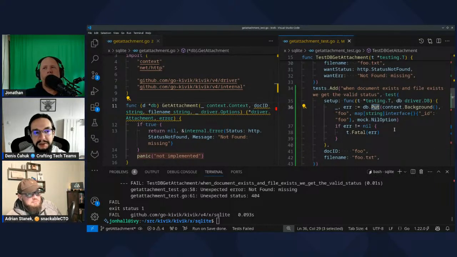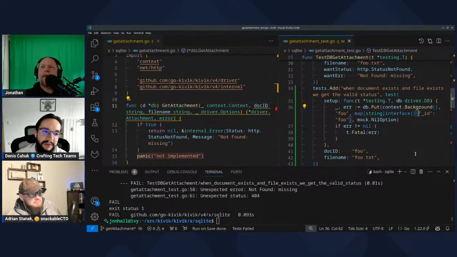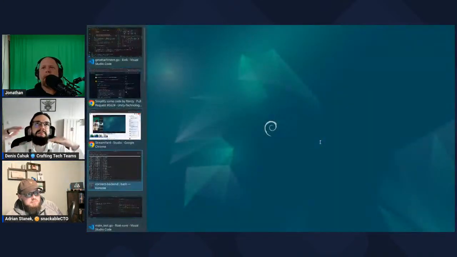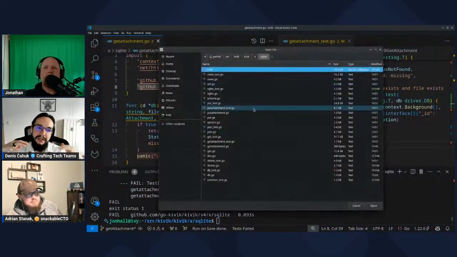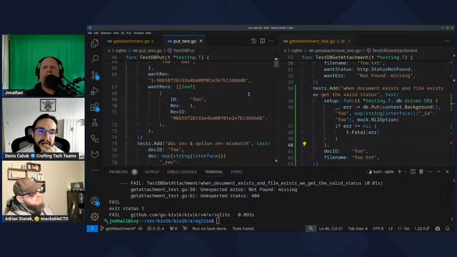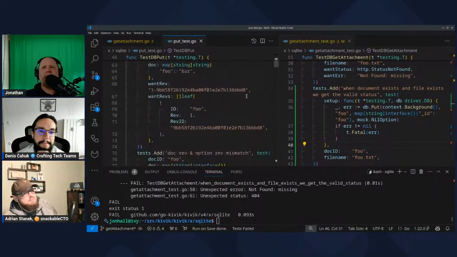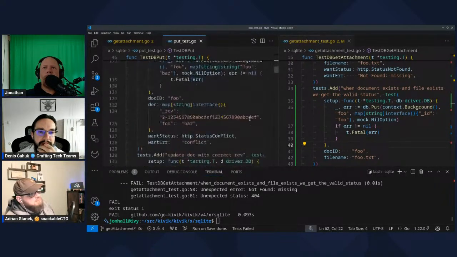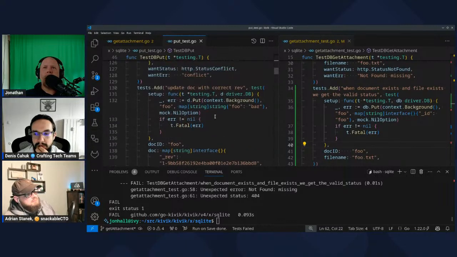So put needs to be implemented. Put is implemented, yes, but it doesn't need to be implemented. Oof, I don't feel comfortable with that. You don't like that? No. We're testing the library. If the library has to be implemented, it has the library. Is the library split in a high level and low level? Is put in some way more abstract, more fundamental than attachment? It's more fundamental in a sense, but maybe not a meaningful one. So let me see how I did that here with put, because some of the early tests definitely talk directly to SQLite.